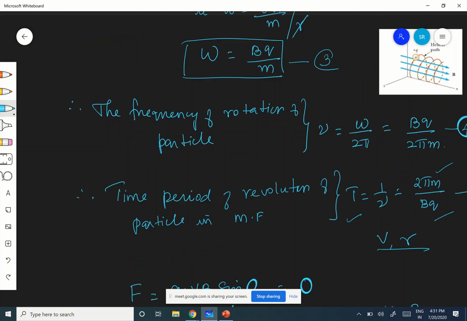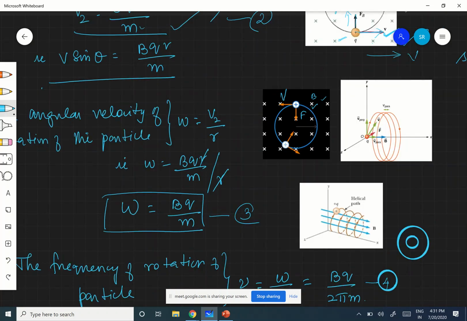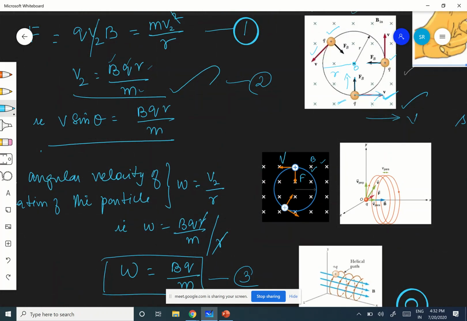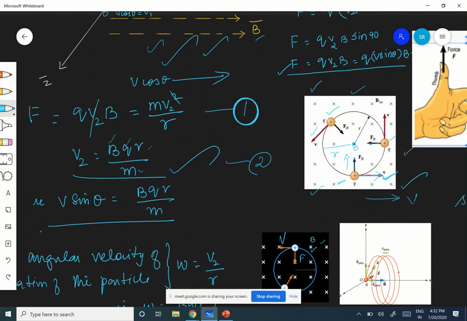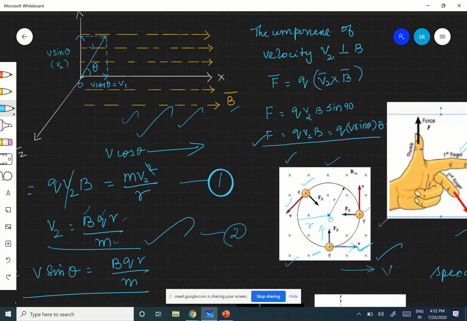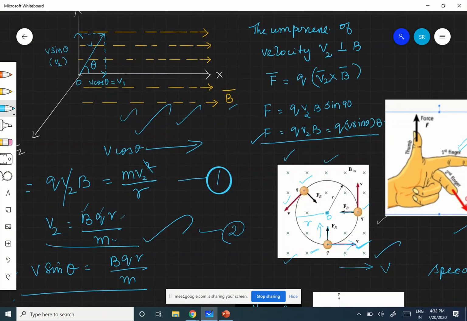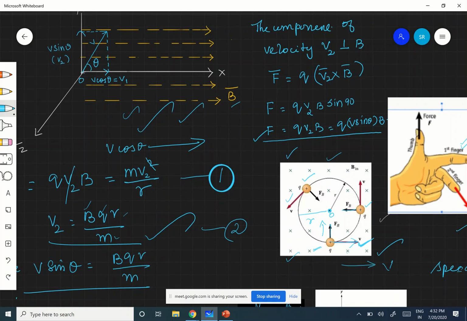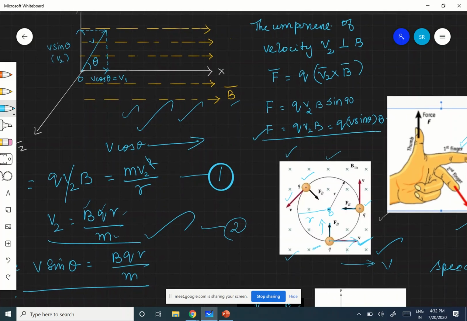But because of the V sin theta component, it is moving in a circular path. Is it clear? I have taken B like this deliberately, to make you understand. Now, in our assumption, B is along the x direction. Therefore, what will be the path? How to show the circular path? I told you it will be perpendicular to x, in the yz plane. So it is very difficult for me to show.